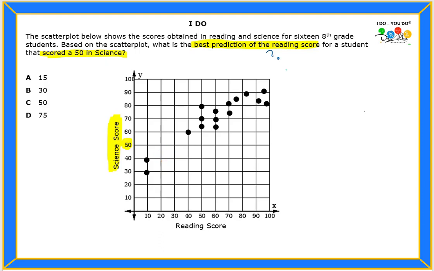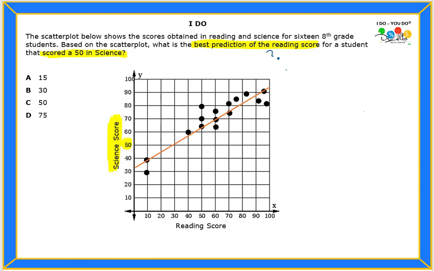The first thing I want to do is draw a line. We call it the line of best fit. That line can help me find the best prediction for the score. Let me give you a second or two to draw a line, and we're going to do our own line right now. Okay, so I have my line. I hope you have yours. Yours might be a little bit different than mine, depending on how tilted you made it, but at the end of the day, it's going to be very close to our answer.